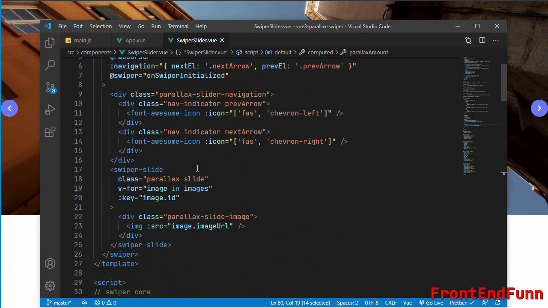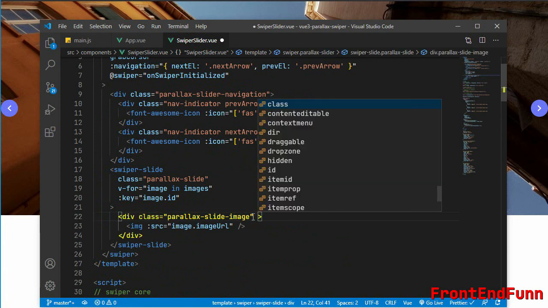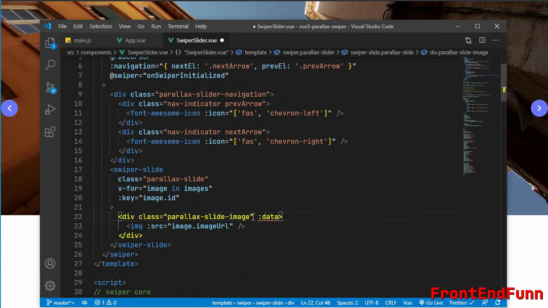So where we need to apply this parallax amount is on the parallax slide image. We need to write data-swiper-parallax is equal to parallaxAmount.